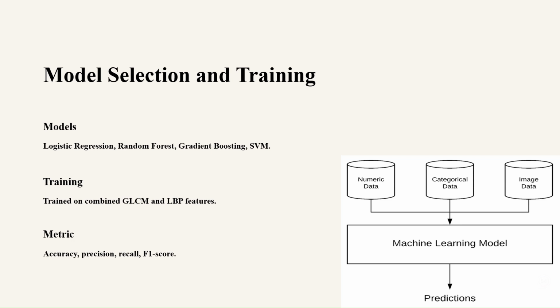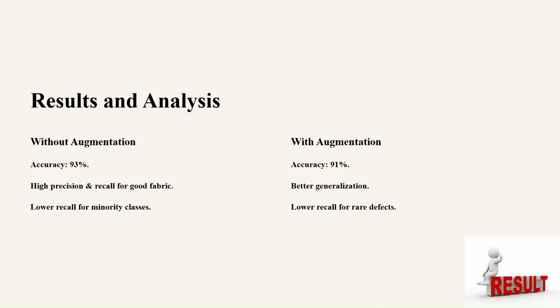For logistic regression, it ranged from 92 to 93, for random forest 91 to 92, gradient boosting 92 to 93, SVC again 92 to 93. But at the minute level, the best result was with SVM. It gives around 92.6, that is approximately 93% of the result we got using the SVC technique. And that's why the final model, the confusion matrix, and the results were given based on the SVC technique that we have used. Now the result that we have got is,